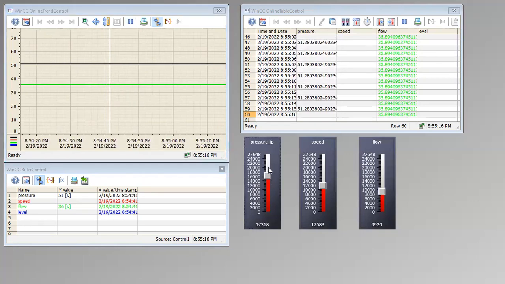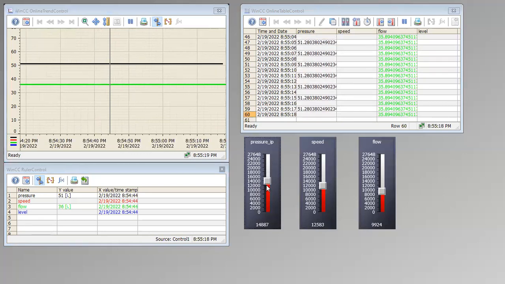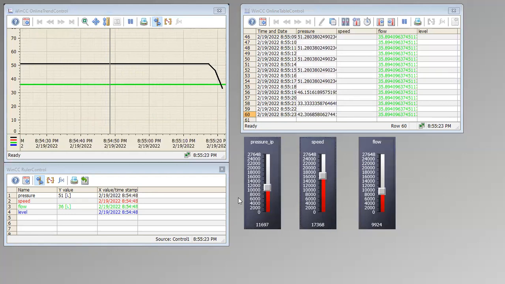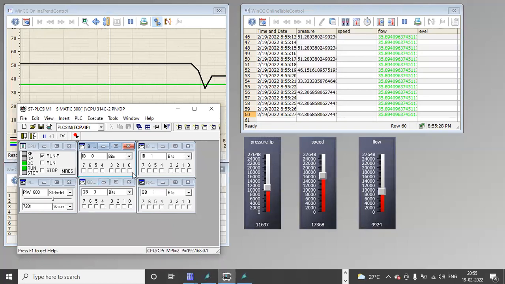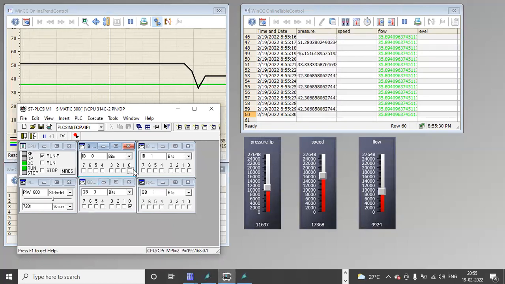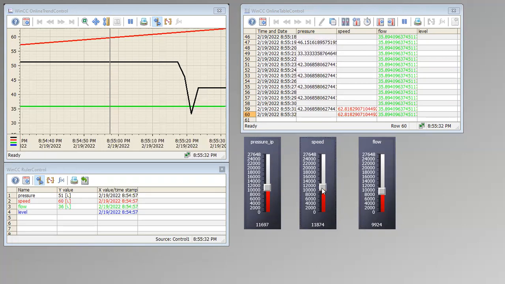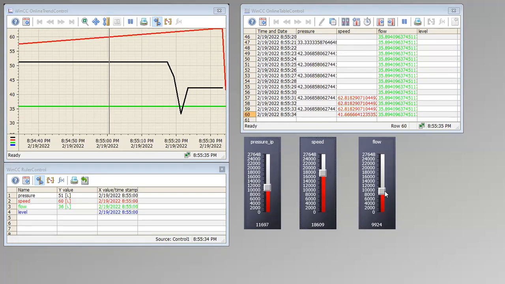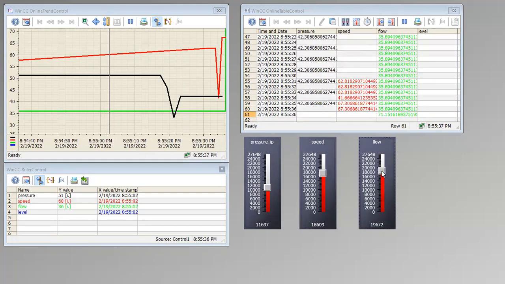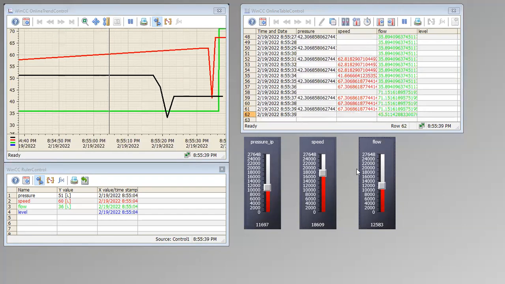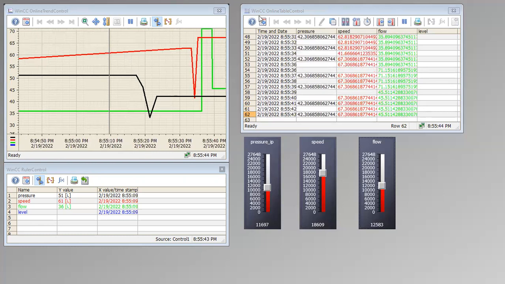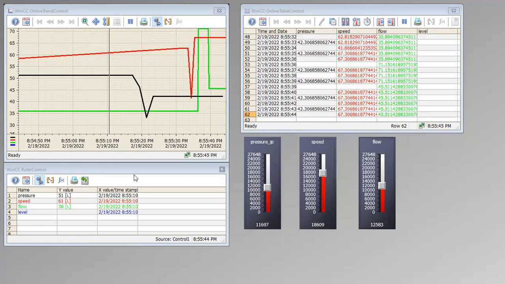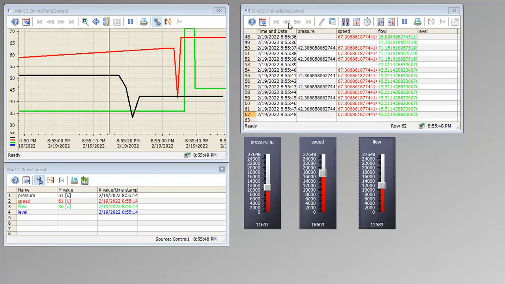So whenever you change these values, again for speed you need to start. Flow. Okay, so these are our trend view, table view, or ruler control view. Okay, this is called trends.